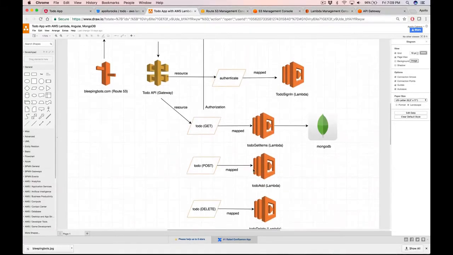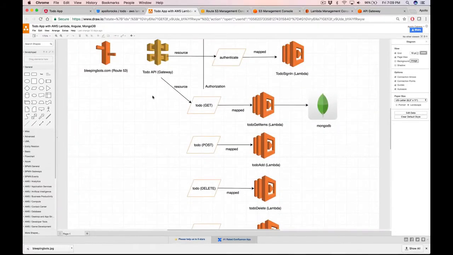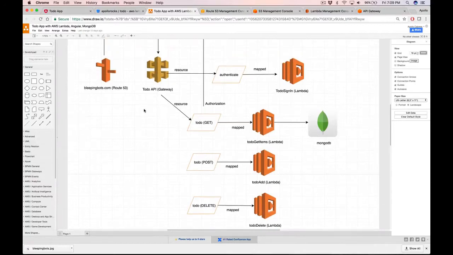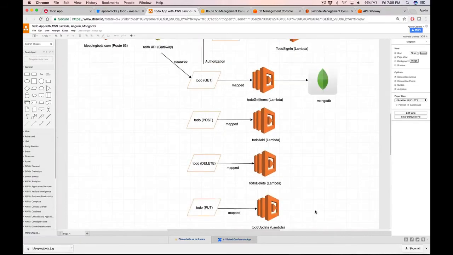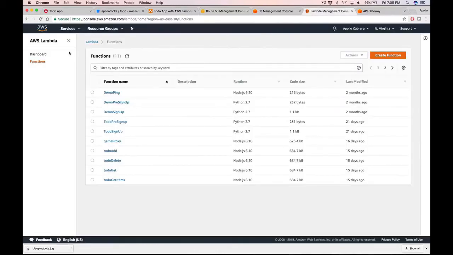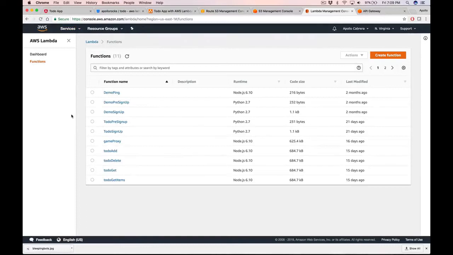But the more important thing, I think, is what's happening in the back end and how that gets mapped. How HTTP calls get mapped to it is important, but these are the components that are actually doing the work. So let's take a look at how we set that up. If you go to Services and click on Lambda, you'll get your list of Lambda functions, and there are other tutorials out there that show you how to do that. But we'll take a look at the